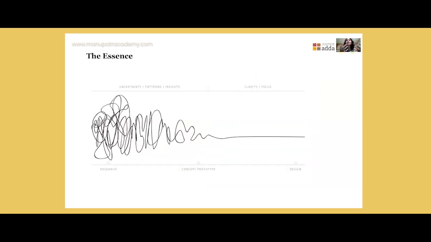What's really happening in the background looks a little bit like this, and this is typically how any problem is solved, where when you think about a problem, there are different uncertainties, patterns, insights that get thrown on us. And so through this process of the double diamond, or the 5 different steps, or however you want to interpret this for yourself, what's really happening is that we're taking these pieces of insights, these different patterns, these different uncertainties, and trying to get to a certain level of clarity and focus through the process, right? And that's what we're really trying to design for.